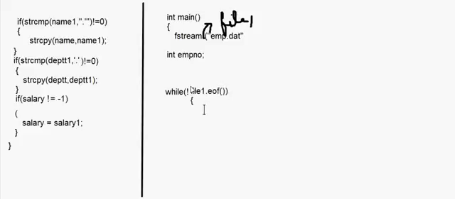Now here in this case, we have to take one variable, we'll take it as long, we call it pos, right? Now here I write pos is equal to file1.tellg. So before reading the record, I am storing the position of the cursor inside this variable pos, right? After that you read the record, this read will do the read here, fine.